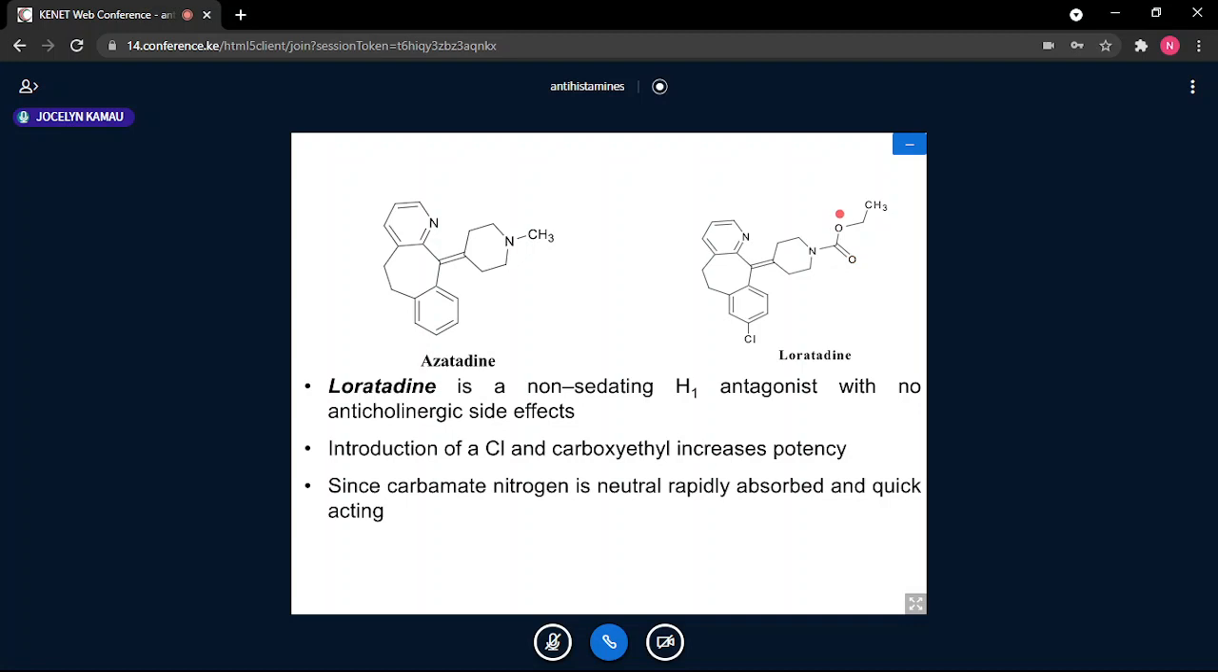You can see that change there, introduction of that carboxyl group there, increasing the water solubility, giving that drug the non-sedating effect. So loratadine is a non-sedating H1 antagonist with no anticholinergic side effects. Introduction of a chloro and a carboxyethyl group increases potency, and also the carboxyethyl group decreases the ability of this molecule to penetrate the BBB and therefore lower CNS toxicity. If you look at this, it is a carbamate, which is also an amide. Being an amide, it will be stabilized by resonance, that these nitrogens will come in, this will go out, and